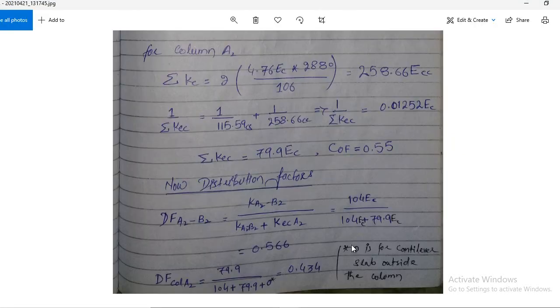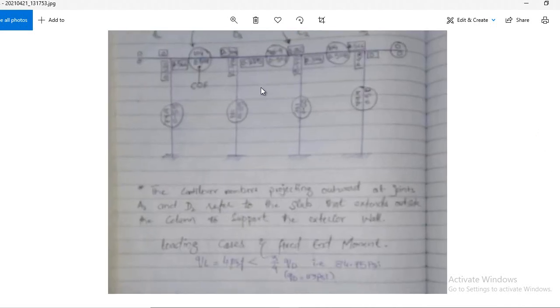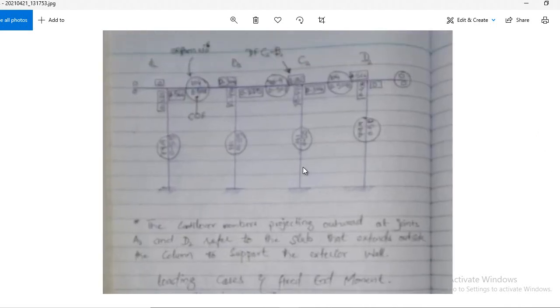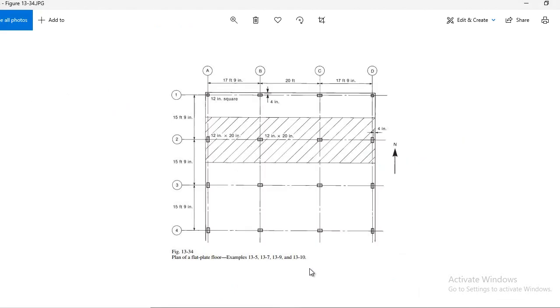This is the procedure to find the distribution factor for your interior panels. The diagram is not clear, so here I will show you the diagram. This is very important: the cantilever portion. Remember, this is the cantilever portion, because if you see this figure,